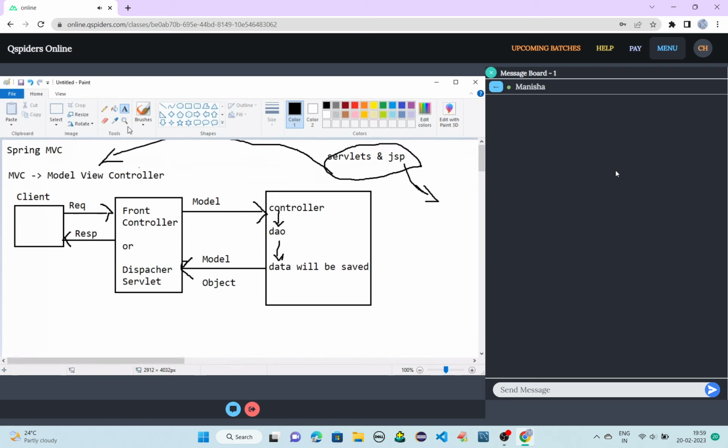So what happens here? This model object will be collected from your friend controller, and it will go to your view resolver.